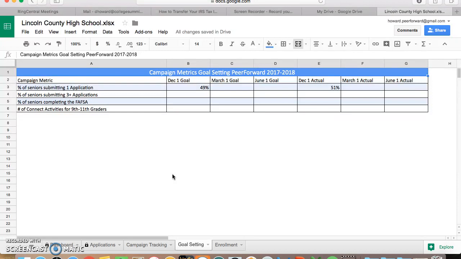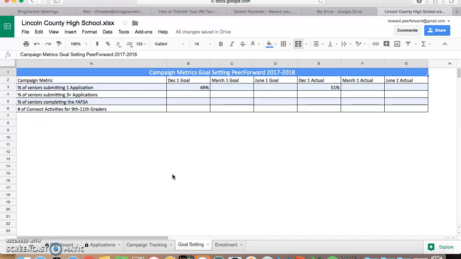In doing that, we talked about the various goals that College Summit has for the PeerForward program for the 2017-18 year, where we want you to have 60% of your seniors apply to 3 or more colleges, and to increase your FAFSA completion rates, not just your submission rates, but your completion rates, meaning students having a student aid report and their EFC, by 5 percentage points. So for instance, if you were at 50% last year,